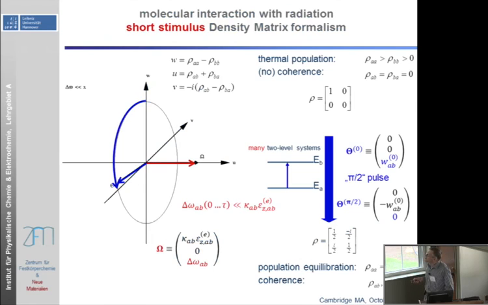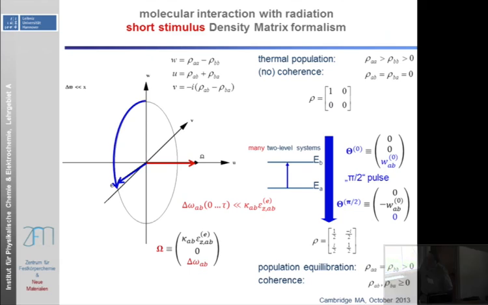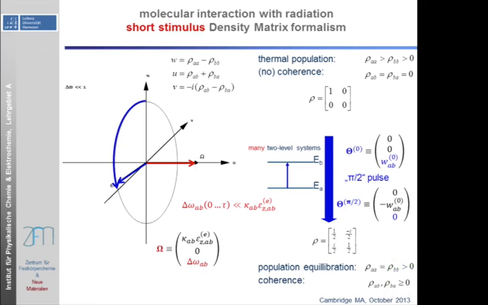This is a complicated slide. I apologize for this. It basically describes the normal Fourier transform microwave experiment where you do a so-called pi over 2 pulse. Basically, this blue vector here, the Bloch vector, is aligned with this W axis in the beginning. Projection to the V and the U direction is 0. That basically describes the beginning of the experiment where you have no coherence. These are a linear combination of the coherence terms of the density matrix, and this is then the population difference.